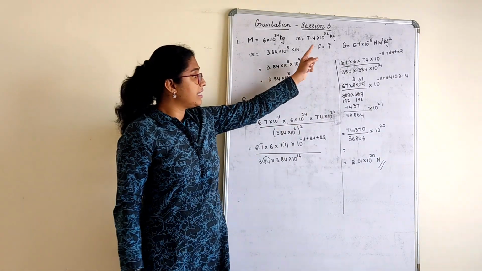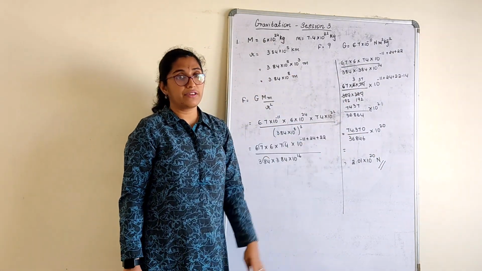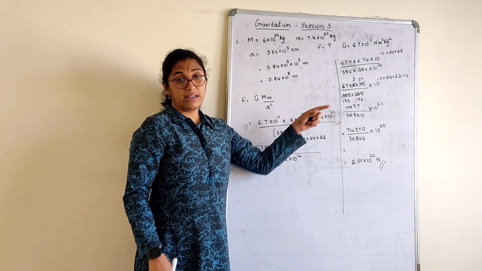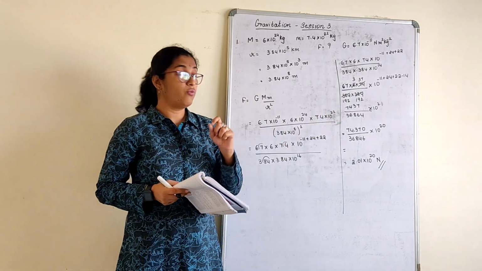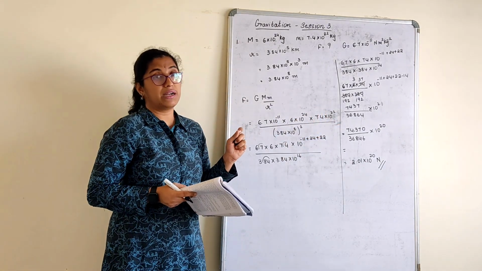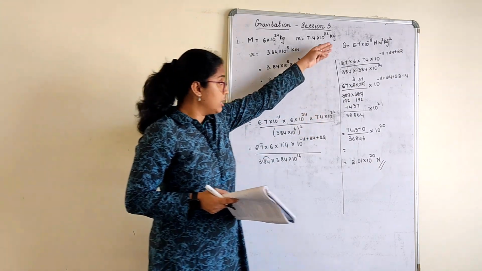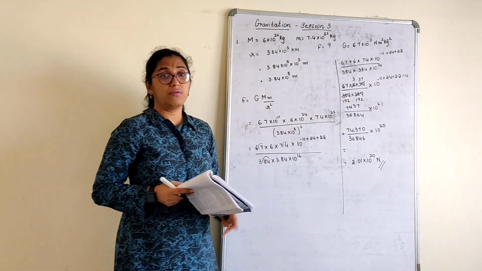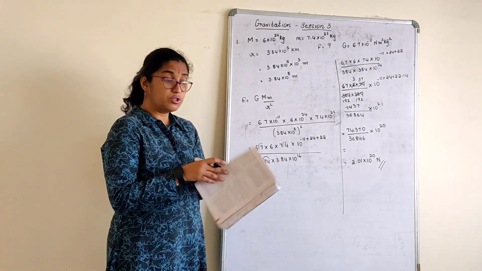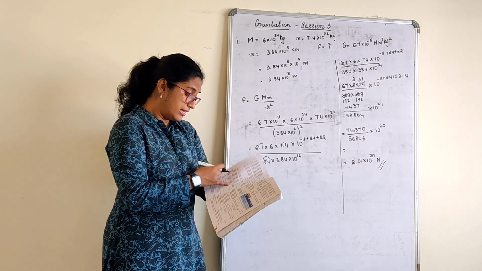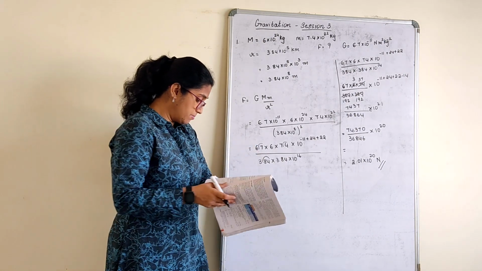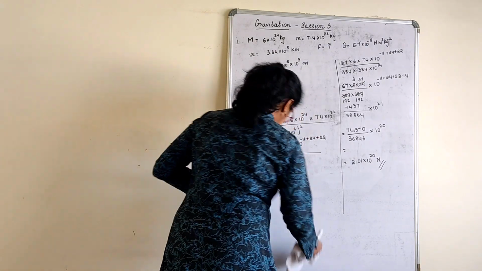But did you understand how I brought it to this level of calculation? There are only 1 or 2 sums similar to this, where the calculation part is a bit lengthy. But you can bring it to the easiest form till here. We'll go to the next one now. So the next worked example is on page number 136.